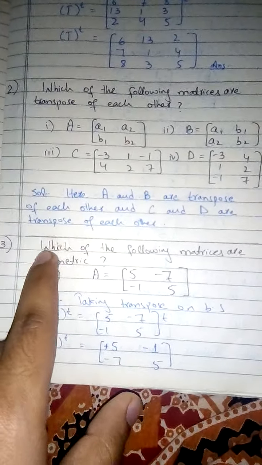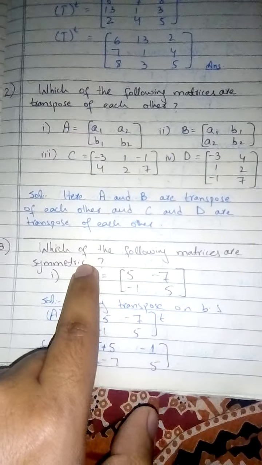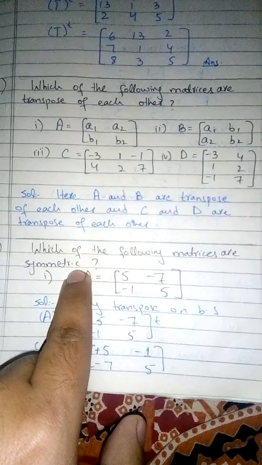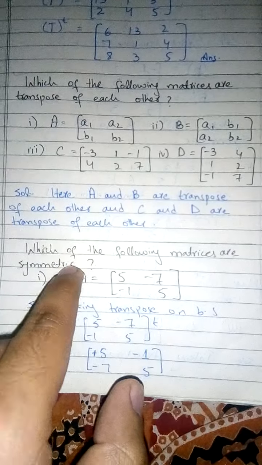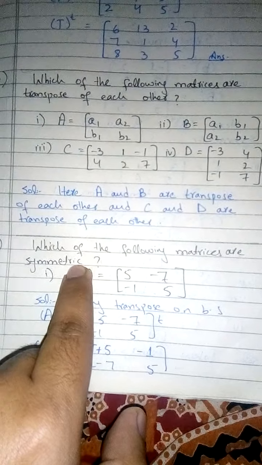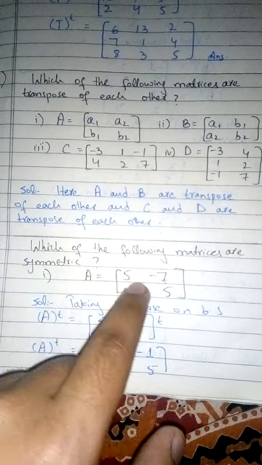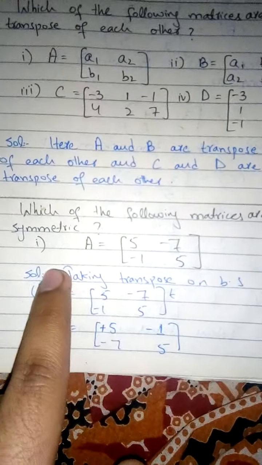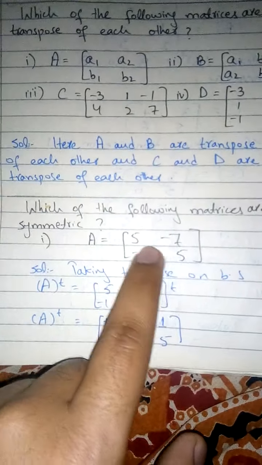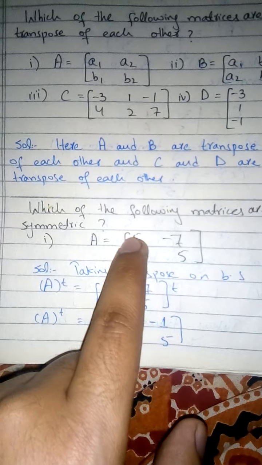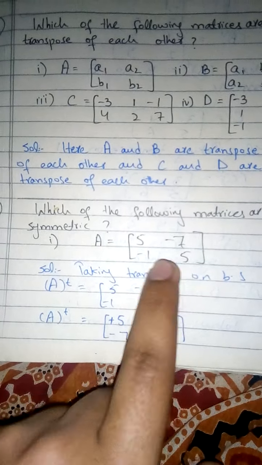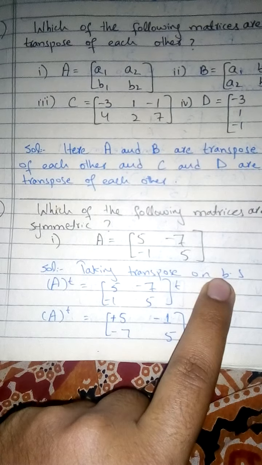Now, question number 3: Which of the following matrices are symmetric? Symmetric means same. Whenever you find that the transpose and the original matrix are the same, then that matrix is a symmetric matrix. If you look at this first matrix A, 5, -7, -1, 5, taking transpose on both sides,